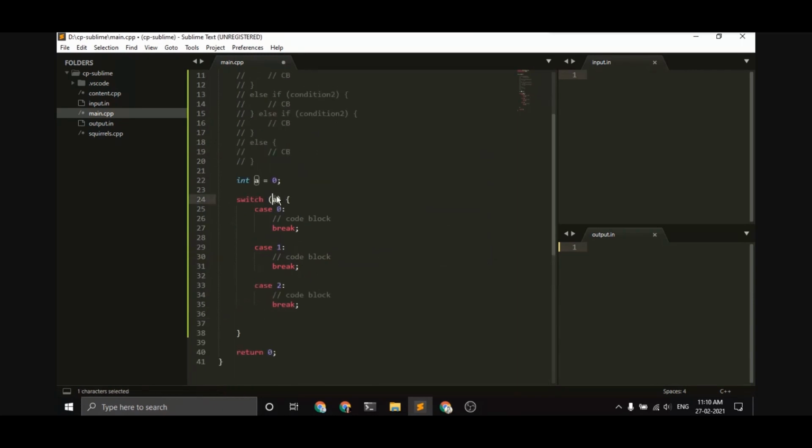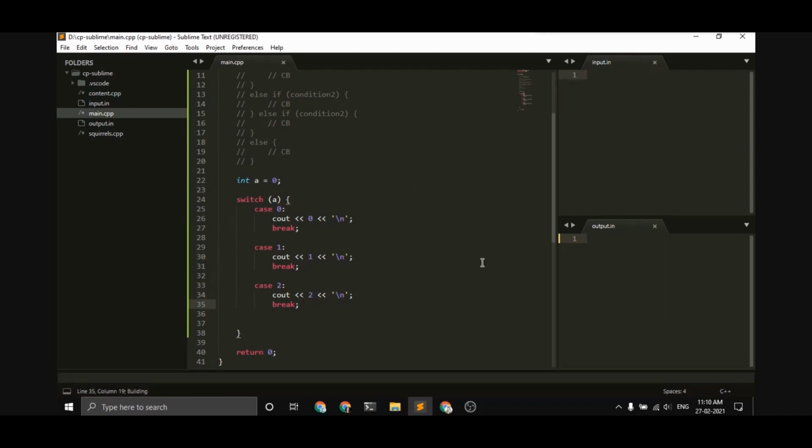What this switch case will do is compare a with 0. If it's equal, it will execute this code block. Let's print out 0 here, 1 here, and 2 here, each in a new line.